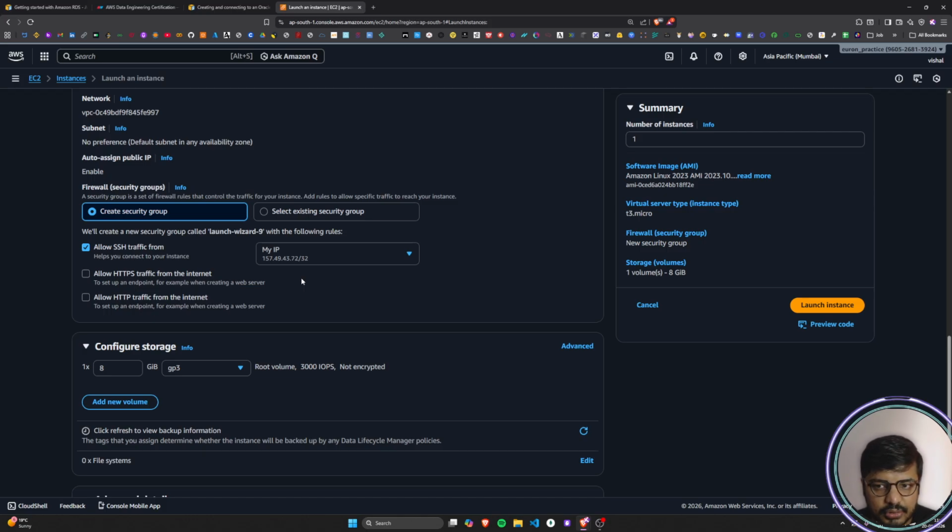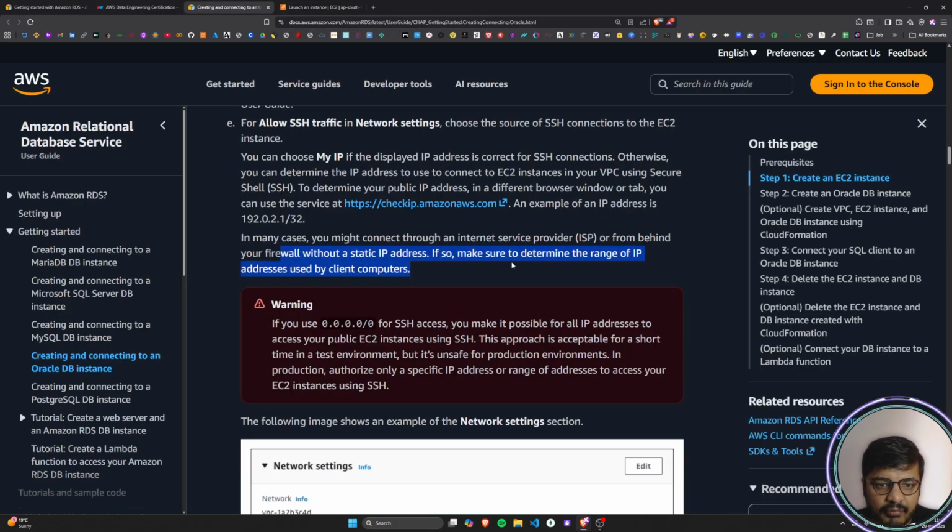The attacker, or the cyber fraud, will have to know the dynamic IP address of my machine, because tomorrow this IP address may not be mine. It may be of some other person. So if I'm working in a dynamic IP address environment, or if I'm an ISP, that is an Internet Service Provider,